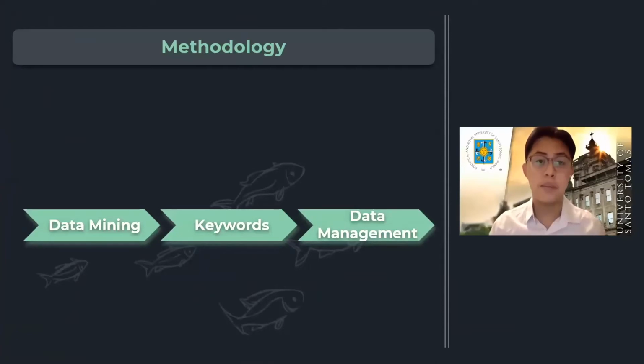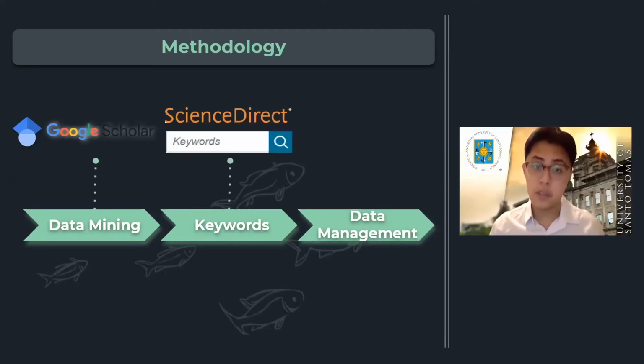For this abstract, we data mined published primary studies using scientific engines such as Google Scholar and ScienceDirect to be able to consolidate known literature on the utilization of stable isotope analysis in the Philippines along with other Southeast Asian countries. Examples of our keywords are stable isotope fish Philippines and stable isotope fish Southeast Asia. Then we tabulated, organized and analyzed the collated papers through the use of Microsoft Excel.